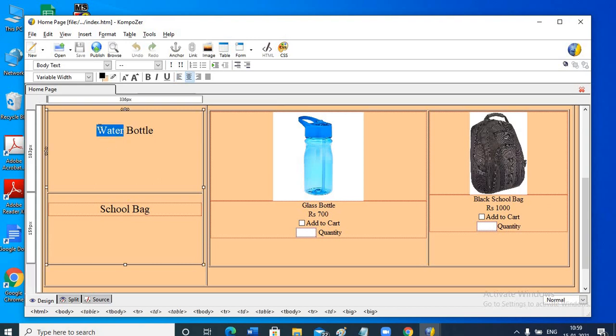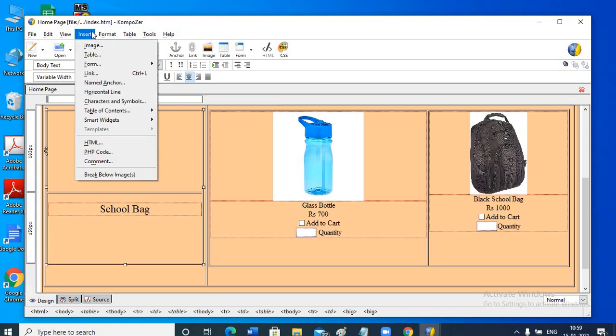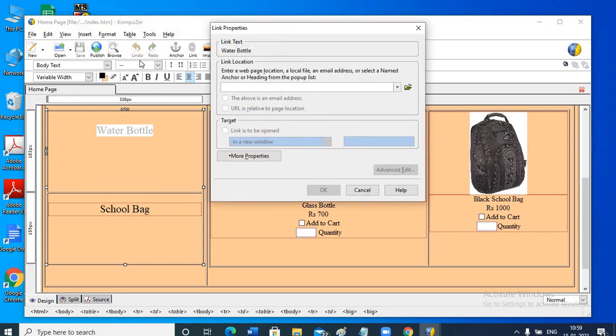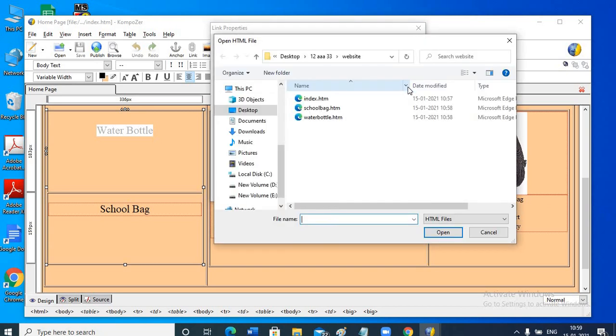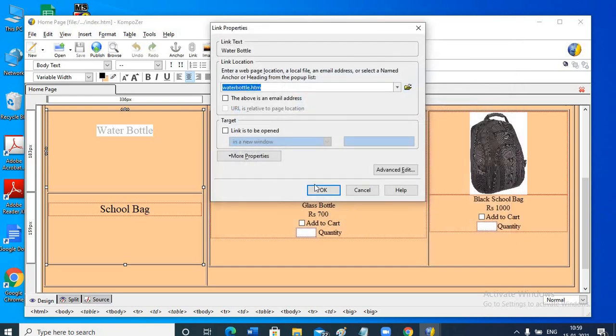Select this text. Insert. Link. Click in this. Choose file. It is water bottle. So we'll click on waterbottle.htm. Open. Okay.